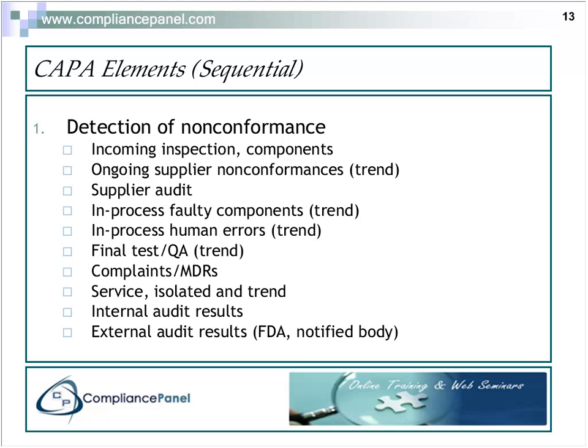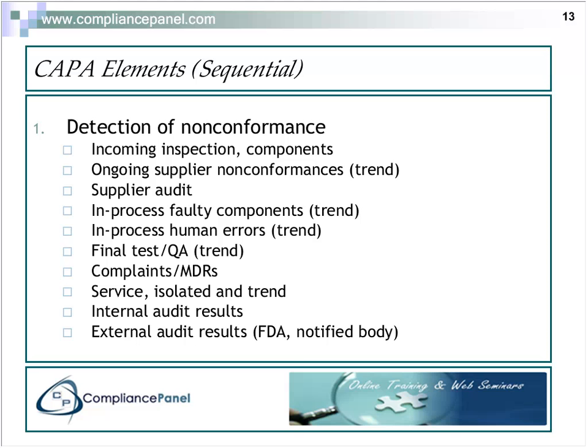Final test in QA is products that are being inspected and/or tested immediately before shipment to the customer. That's critical because that's your last line of defense against complaints, and you want to trend that. Complaints and MDRs are very critical. I recommend complaints and MDRs both be investigated on a complaint-by-complaint basis. When I say that, it's certainly acceptable that you require that a particular complaint not have an investigation, due to the fact that it's the same exact complaint that you had last month, you have already performed your investigation, and you know what your corrective action is.